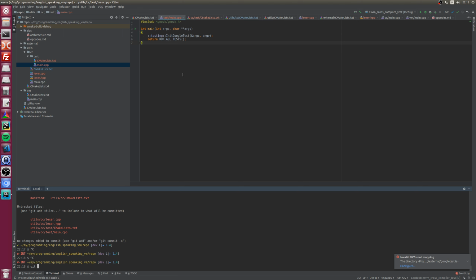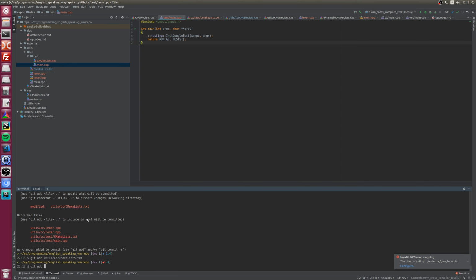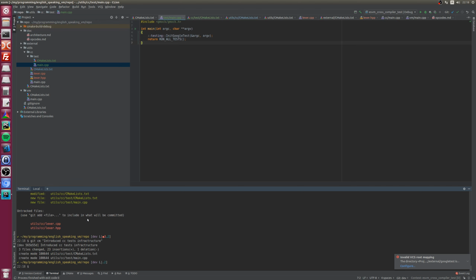Git add. Modified utils.cc, yes. And all from tests. Introduce CC tests infrastructure.